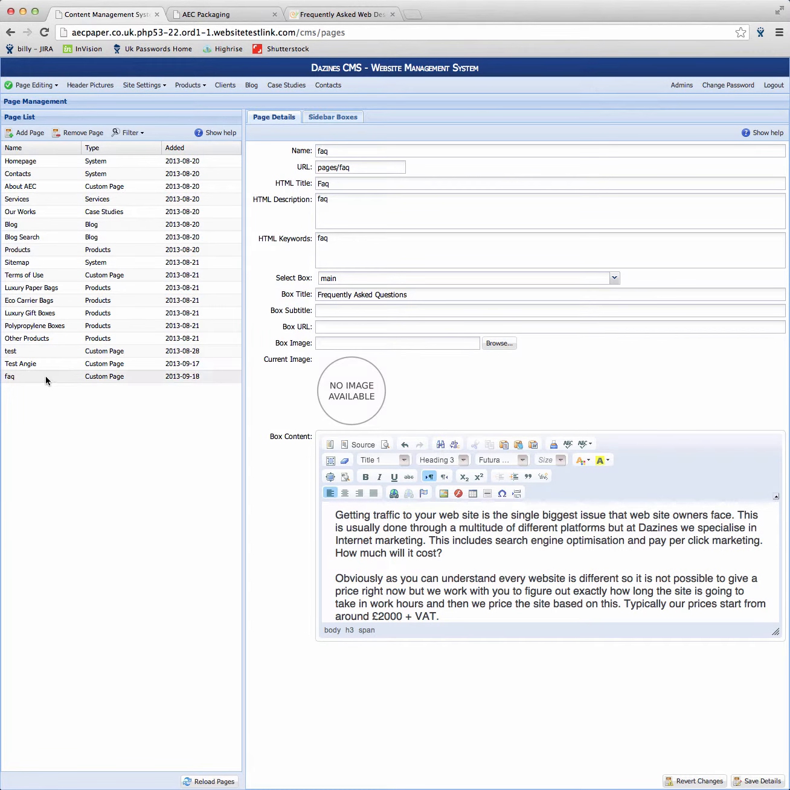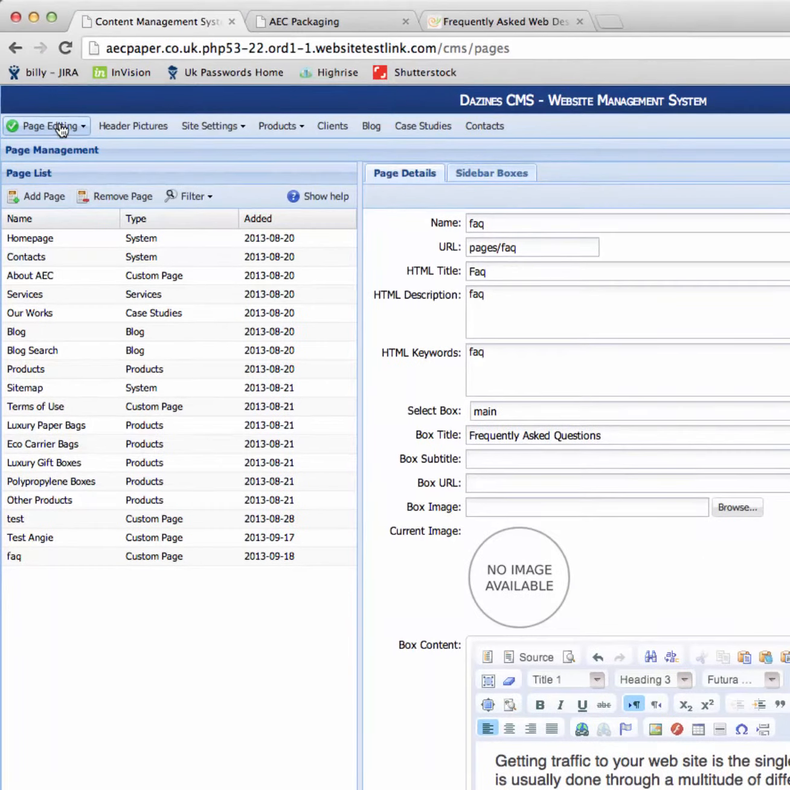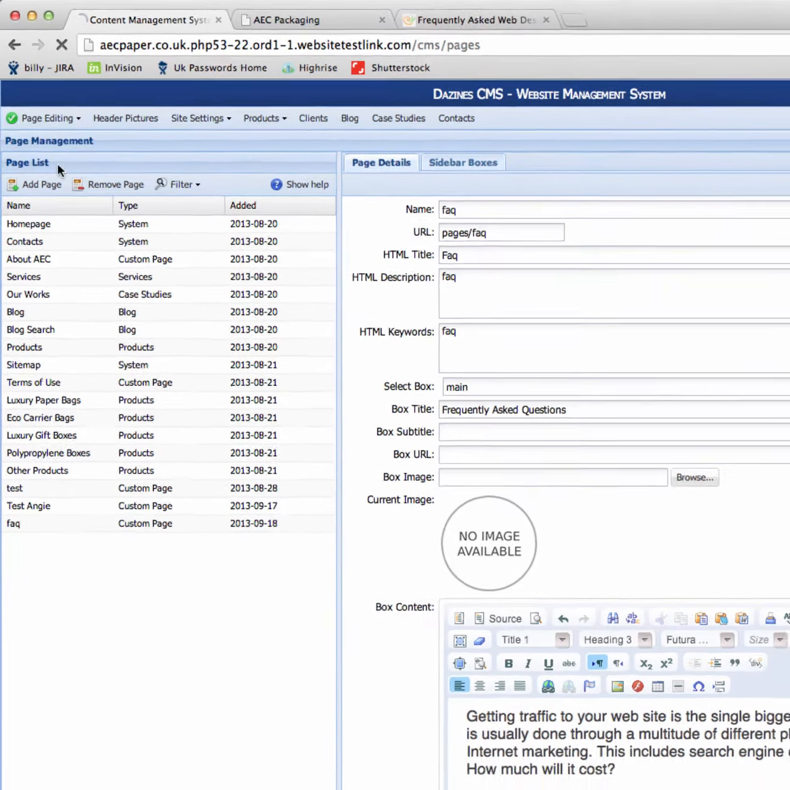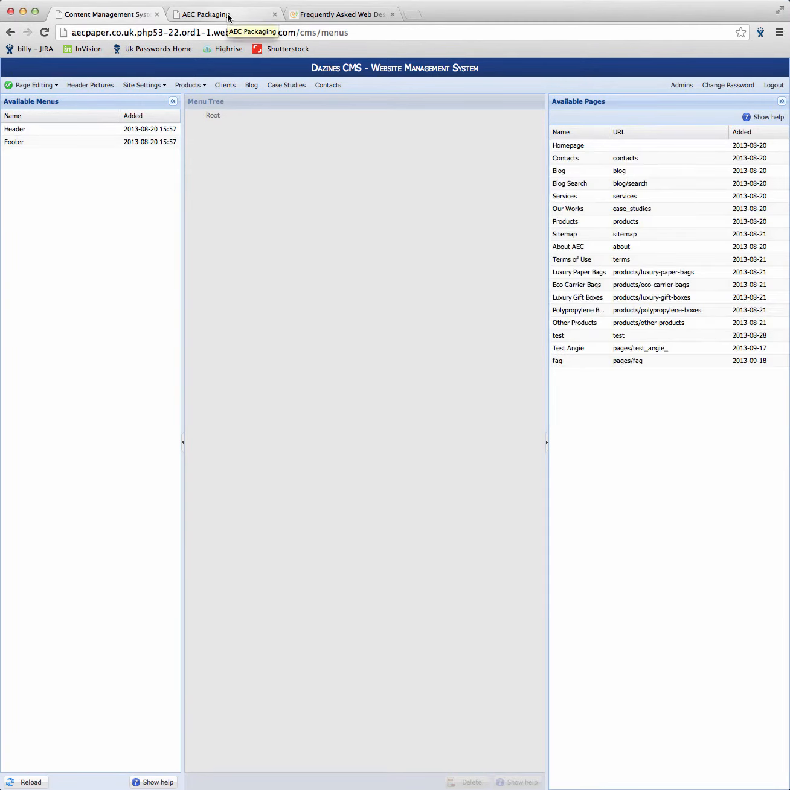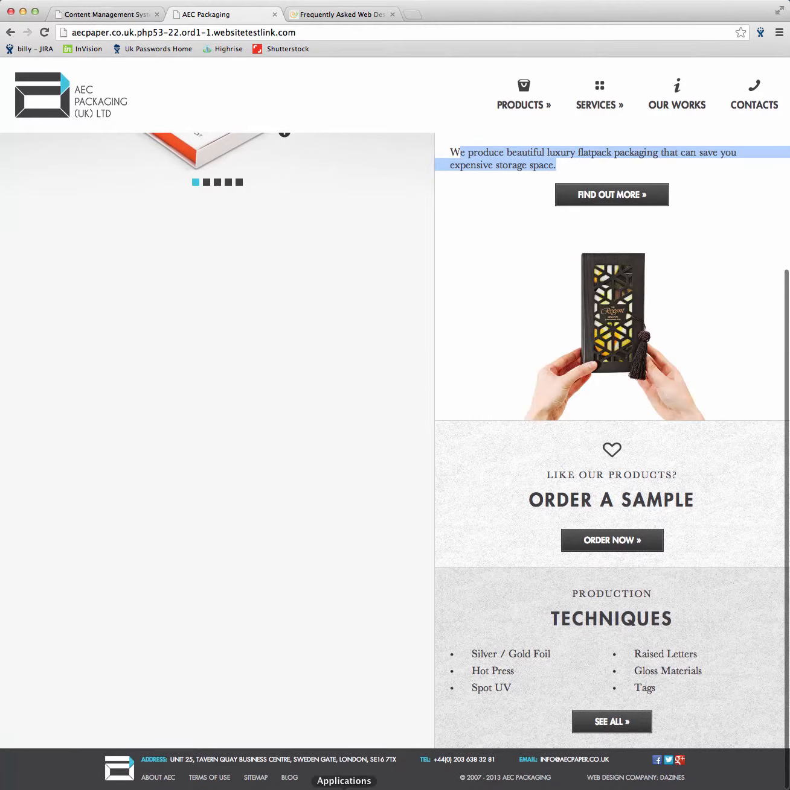Okay, so we've got a new frequently asked page. However, this is only a standalone page at the moment. Basically, it's not linked to any other pages. So in order to do that, I'm gonna go on the pages and then menus module. So for example, if I want to add the page on the footer of the website, for example next to the block over here,